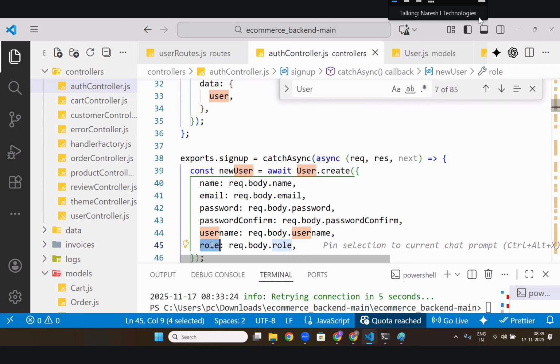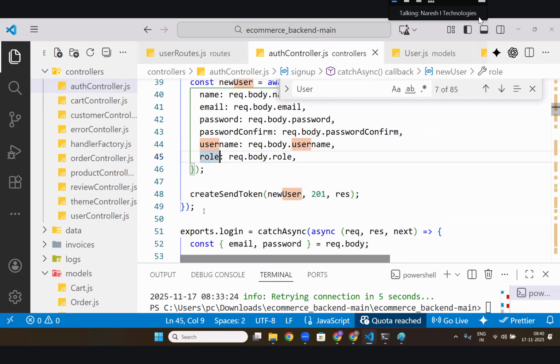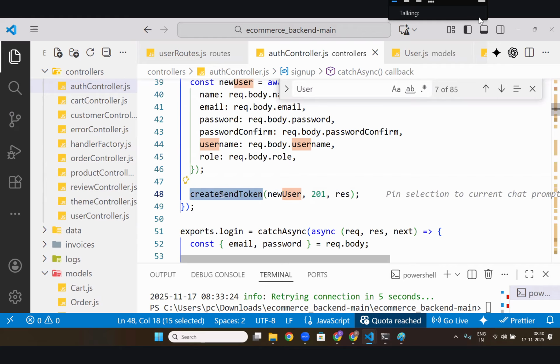No, it will be taken automatically, by default false. But if the password is not provided, it will be true. Whatever password created, it will take the data automatically from the system. Then it will call a method called create send token. What is the method name?